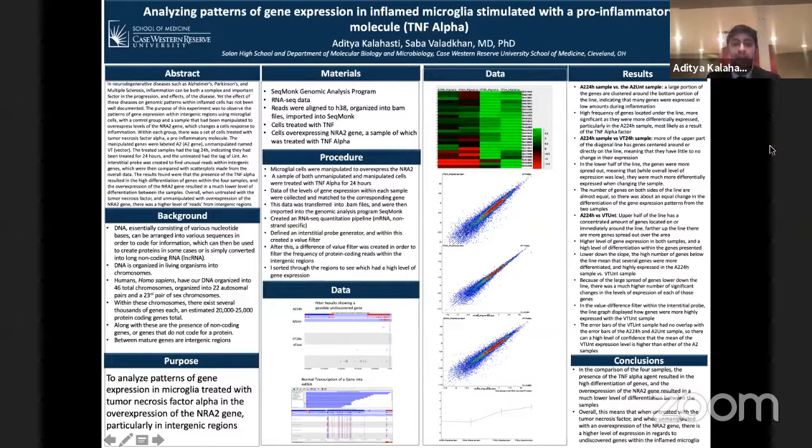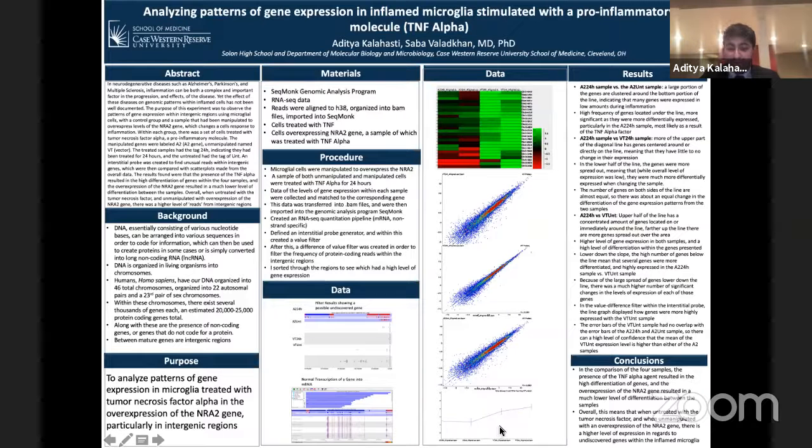There are two broad categories. First, with an overexpression of the NR8-2 gene, which controls an inflammatory response in microglial cells, and a second group which did not have an overexpression of NR8-2. Now, within each of these two samples, there was a group treated with TNF-alpha as well as a group that was not treated. Now, the procedure used here was essentially using the RNA sequencing program SeqMonk, where I created an interstitial probe to essentially go through the 23 human genes to mark areas of high expression from the proteins from the NR8-2 gene. And as you can see here in this bottom diagram, it essentially shows that the samples that